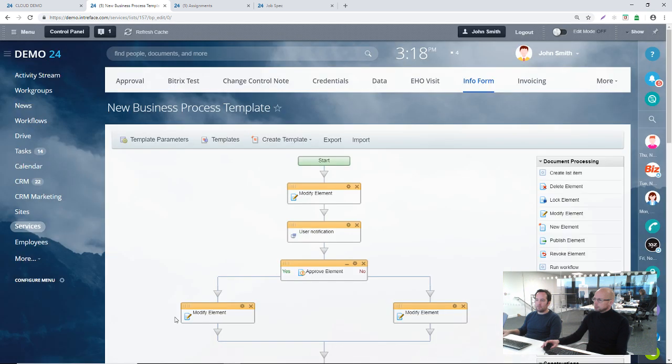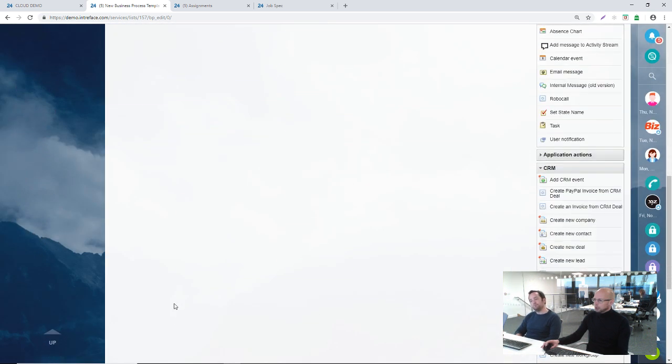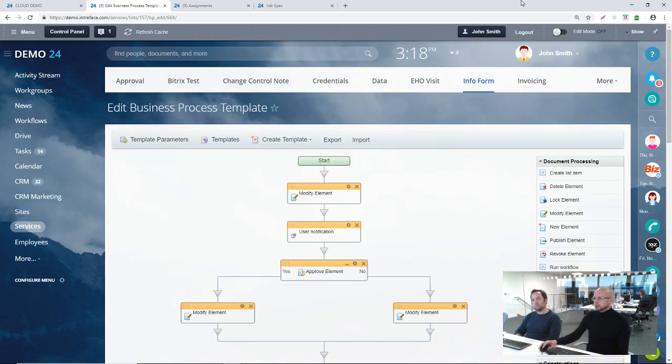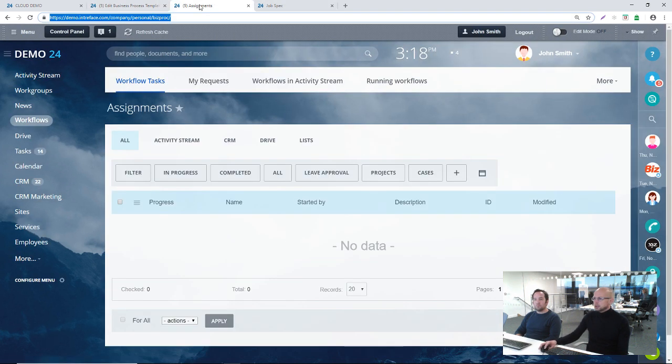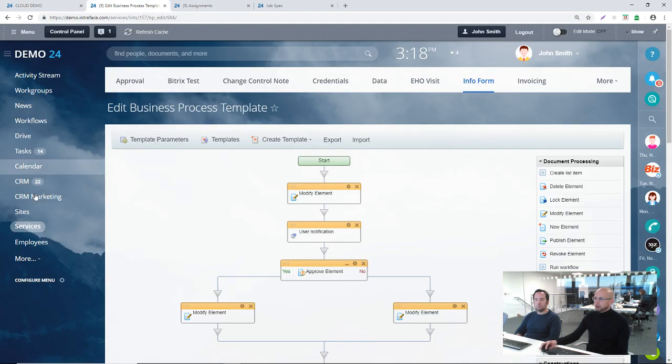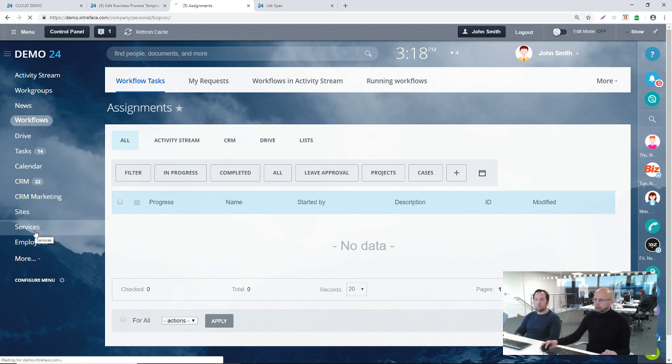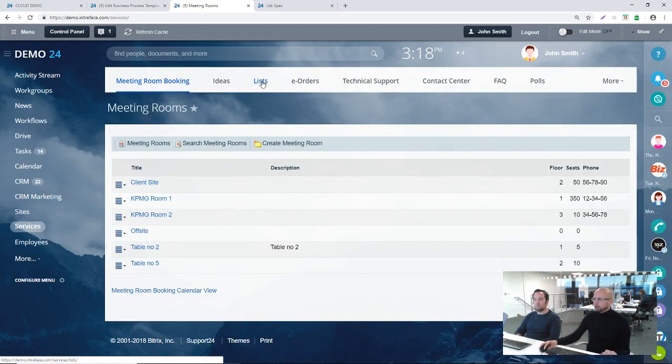So we have 3 outcomes. Okay. Apply. So that's our business process. Let's go back to where's our services? Let's go back. Let's go in here to services and into our list